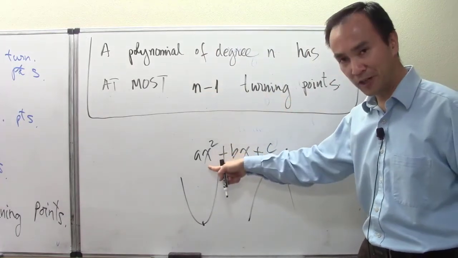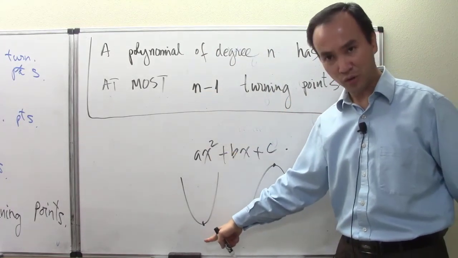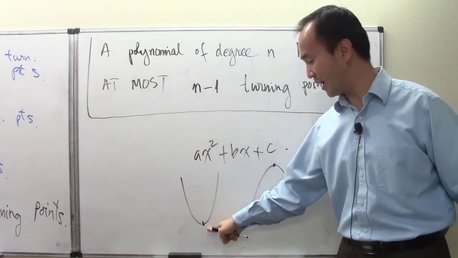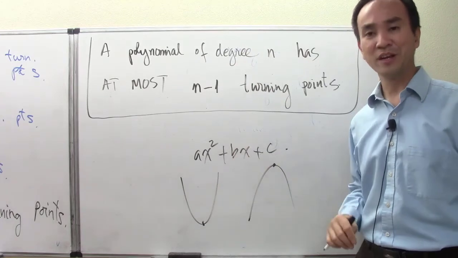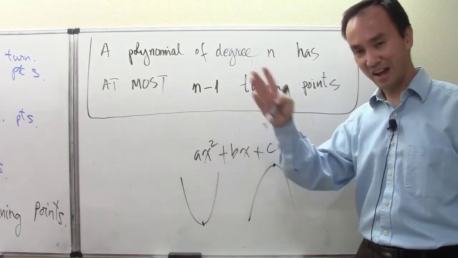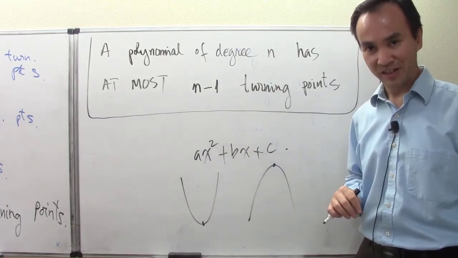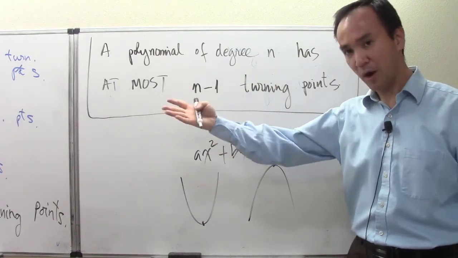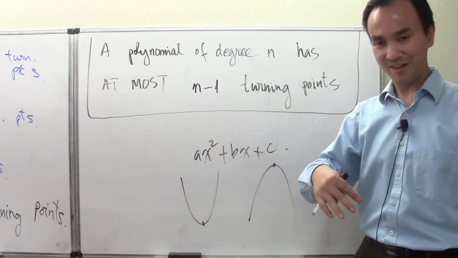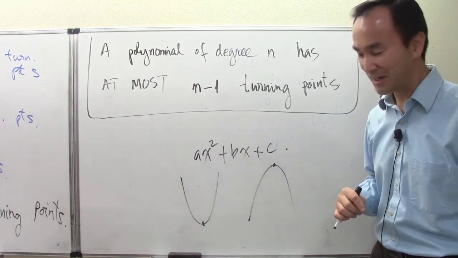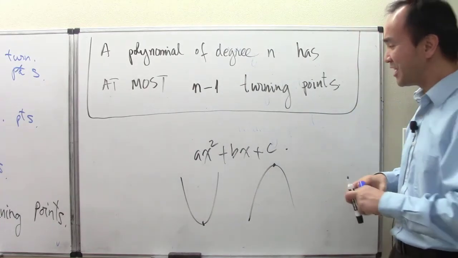So degree 2 for a polynomial has at most 1 turning point only. Degree 4 has at most 3 turning points. Degree 3 has at most 2 turning points. So when it says at most, that means some other polynomial of the same degree can have less. Okay, and that's what it is. Right? All right, so now